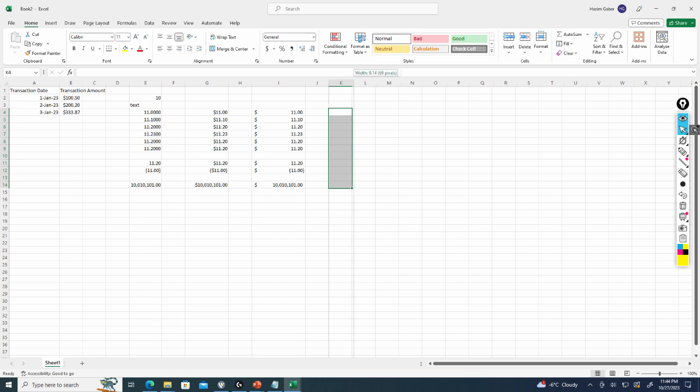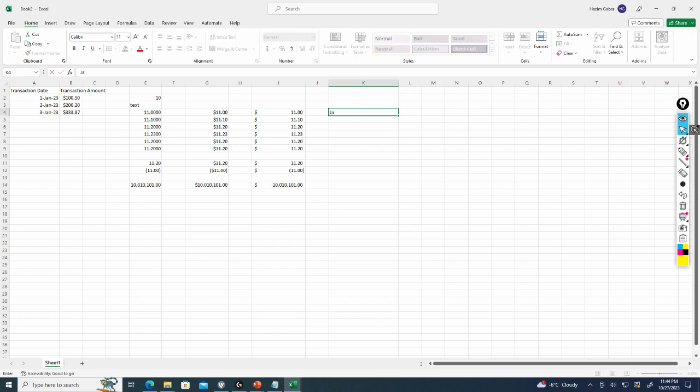Now, Excel is very smart, so if I enter in a date, it's going to automatically recognize it as a date. So if I put in January 1, 2023, boom, it puts it in. Now even if I put January 1, it recognizes it. Now, check it out. In this case, January 1, 2023, I put the year. In January 1, I did not put the year, but if we look at the ribbon up top,